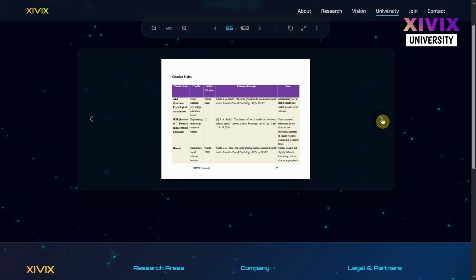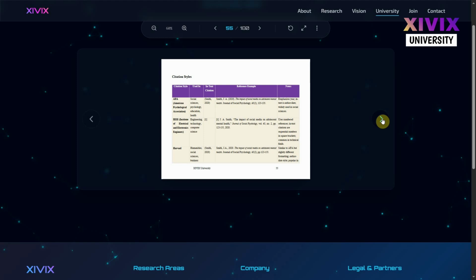In the reference list, you can see the author's name along with initials, followed by the year of publication, the title of the research paper, and the journal, the volume, which is 45, the number 2, and the pages 123 through